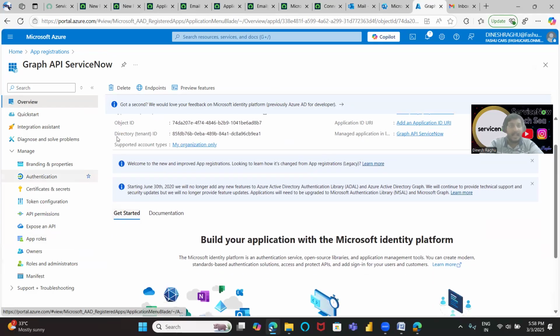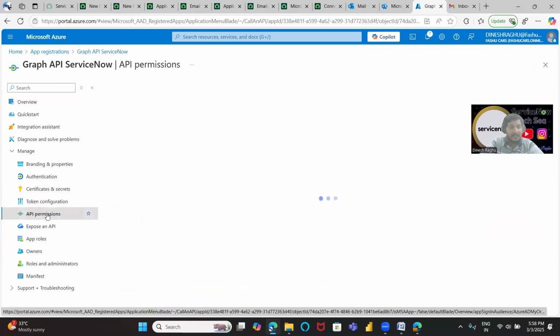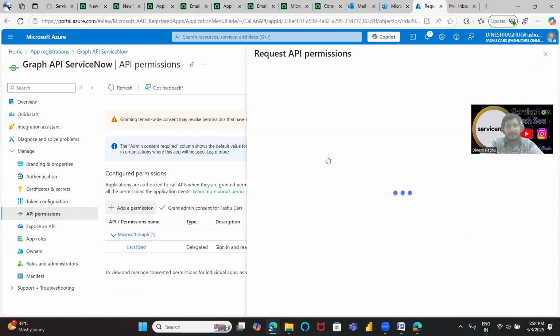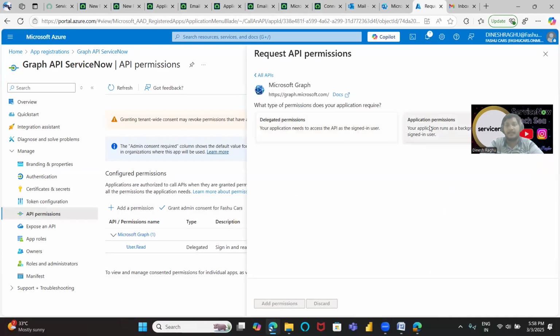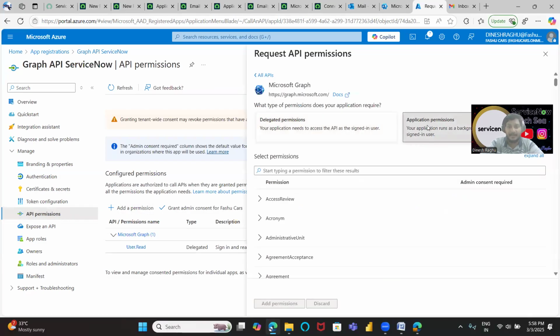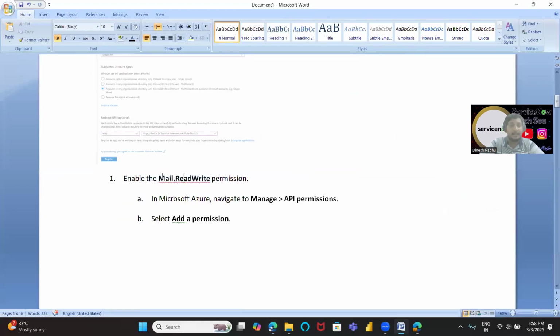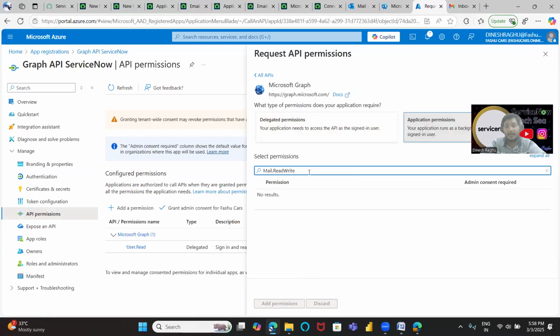Next, I created the Graph API service and copied the client ID. Next, I want to give API permissions to this token. So I just clicked on API permissions. If you see here, add permission, Microsoft Graph, and application permissions. Once you click on that, you should be able to search for mail, and you can search with read write. Read write means, once you have given these permissions, a very important topic here,